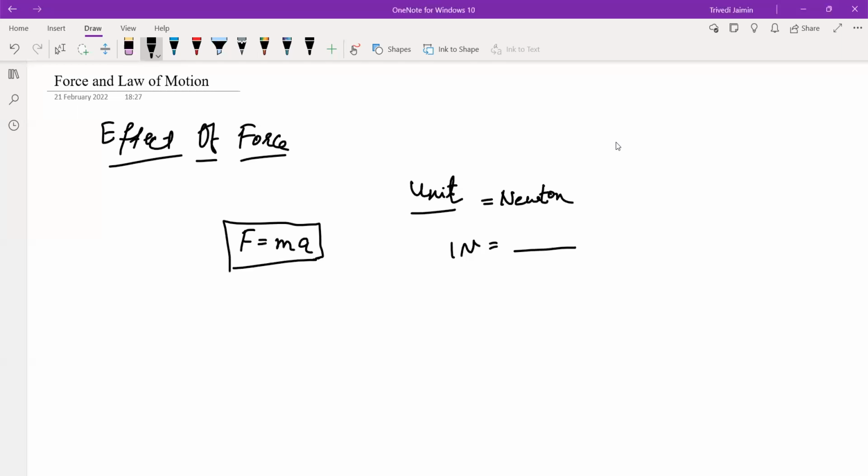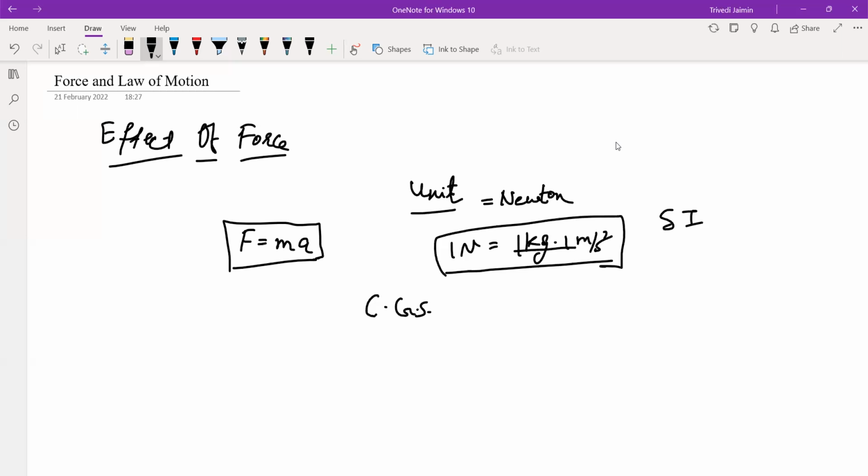Convert it into another form, the standard form, like 1 kilogram meter per second square. Right, 1 Newton equals 1 kilogram into 1 meter per second square. Okay, this is for SI units. If I want the CGS unit,